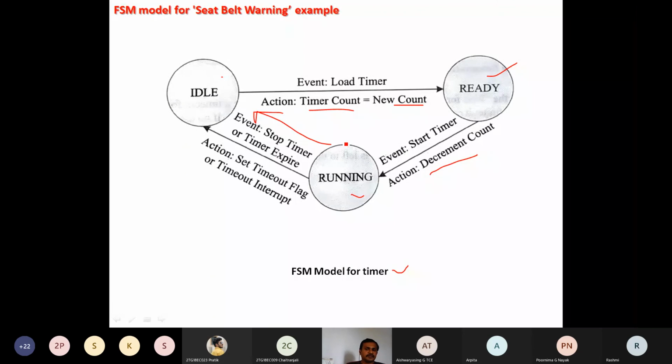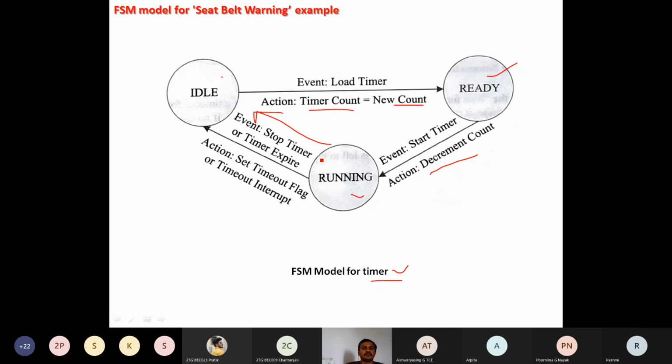It may be 10 seconds or 5 seconds, depending upon the event. Which event is occurring? The initial event, that is 10 seconds, or after those 10 seconds, the seat belt condition check, that is the alarm time. It is purely using this timer model. So the timer is going to have three states. It will move from idle to ready, and it is initiated. Once the initiation is over, immediately it is going to move from ready state to running state. Then it is going to run up to the time expiry. Once the time is expired, immediately it moves from running state to idle by generating the events.